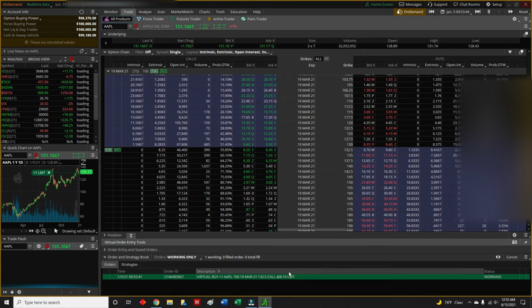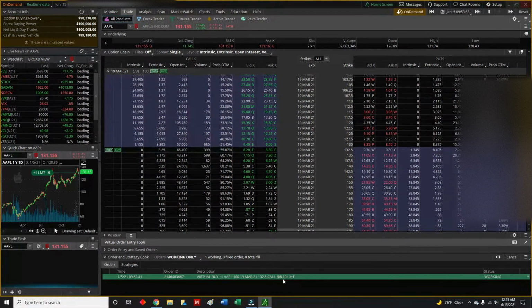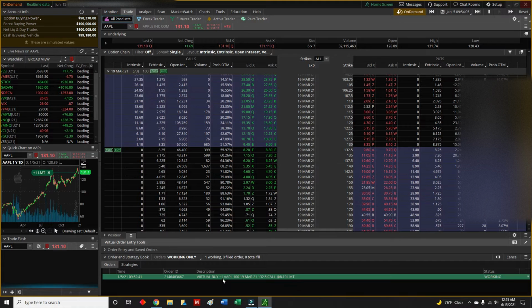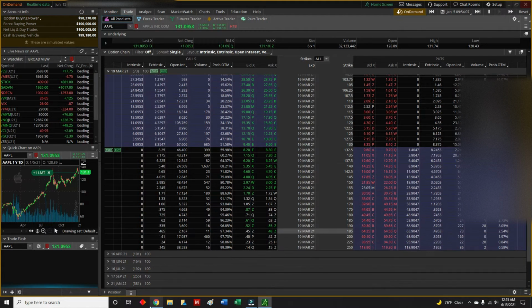Now, if it's a fast-moving market and it goes down to 8.05, you could get filled at less than that, because the dynamics behind a limit order is that it will fill at the price you set or better. So in this case, since we're buying a contract, it will fill at 8.10 or less. So we'll leave that one there, like I said, and we'll go ahead and take a look at the next